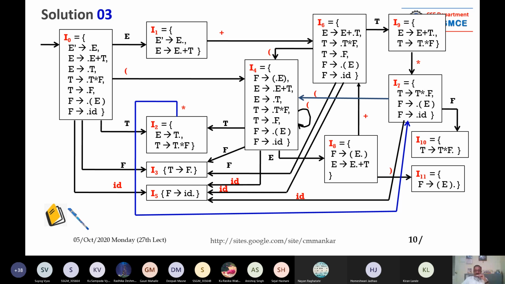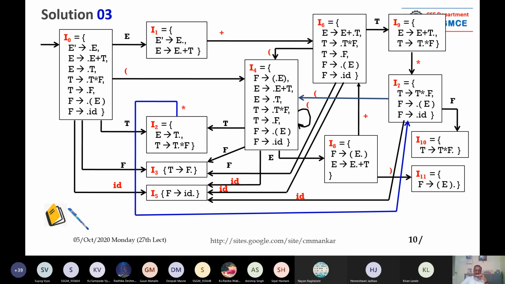Now dot is in front of capital E. So it is a non-terminal. So what you have to do? You have to collect all the atoms from the original grammar and put them in the closure set. Every box is giving you the closure.